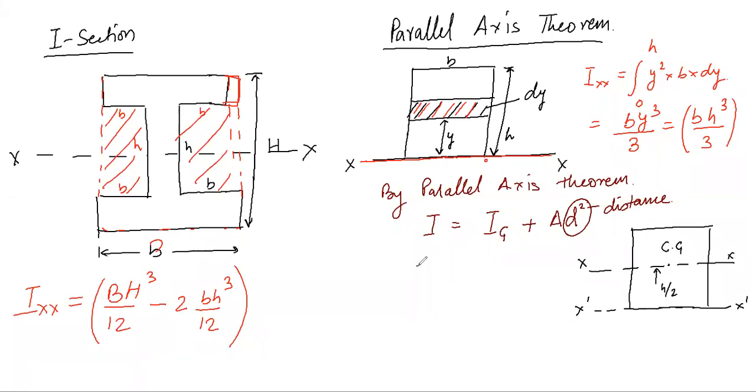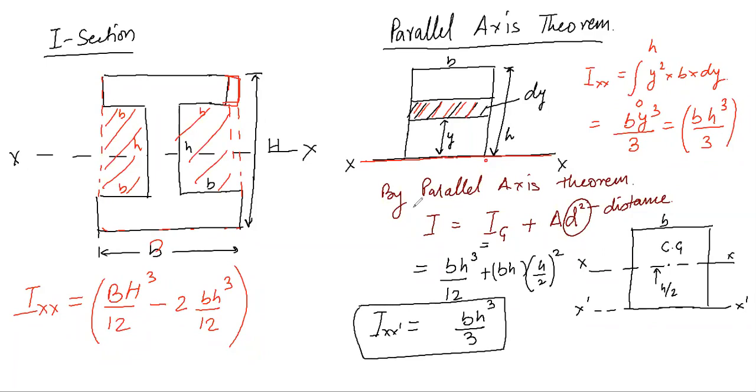So what is, let us first understand the moment of inertia about its center. We all know that it is defined as b h cube by 12 plus area. What is the rectangle area? That is defined as b into h. This is your b, this is your h. So we can say that b into h, and d square is a distance. So distance is h by 2. So we can write here h by 2 of square, right? So when you are going to solve this, you will get b h cube by 3 by x dash,